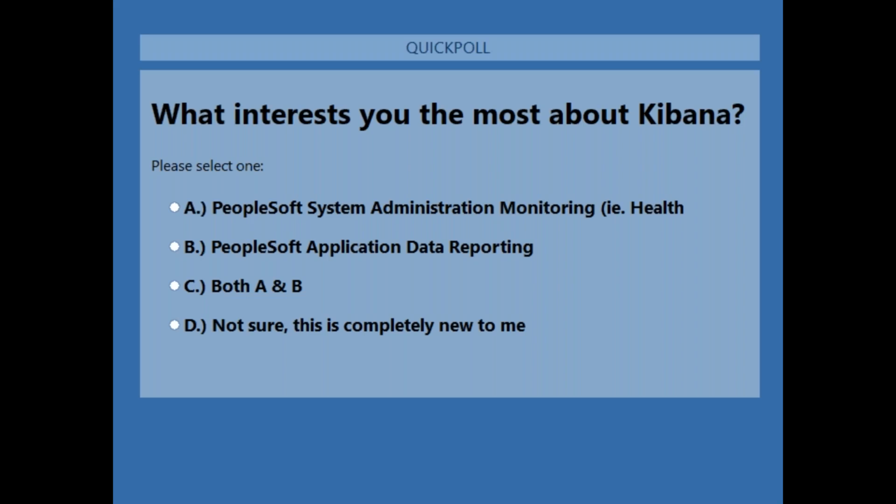So mostly B and C with a little bit of D. So I think those that are interested in the health center are also interested in the application data, and that's just probably natural because we have functional users and technical users on this call.